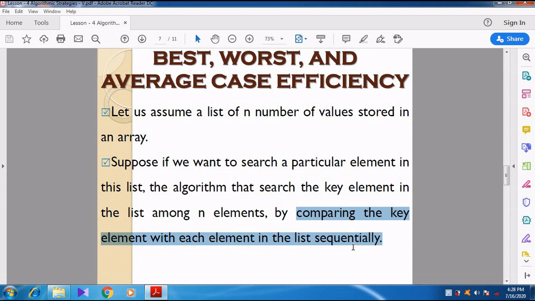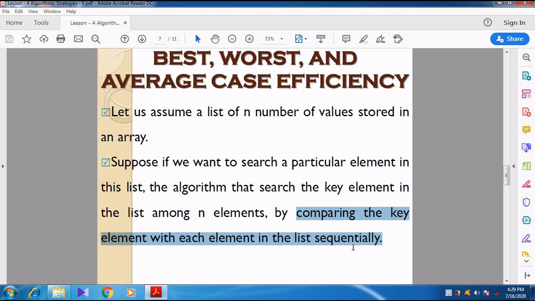For example, I want to find 4 in an array. The array contains 1, 2, 3, 4, 5. Five elements are there. I want to find the search key element 4. First of all I look at the first value. What is the first value? 1. The search key element is 4. Is 4 equal to 1? No. Then I go for the next value, 2. Is the search key element the same as the current value? No, 4 is not equal to 2. Then I go for the next value, 3. Is 4 equal to 3?